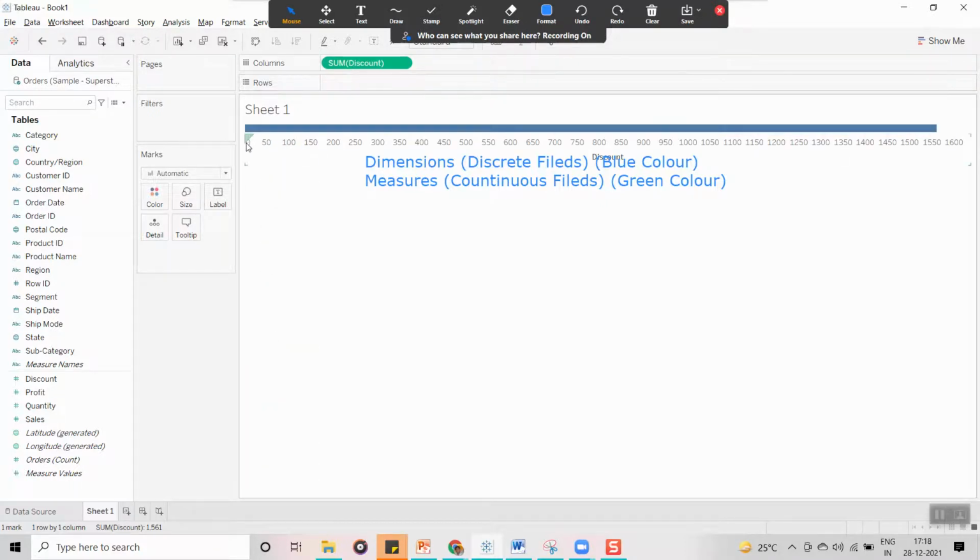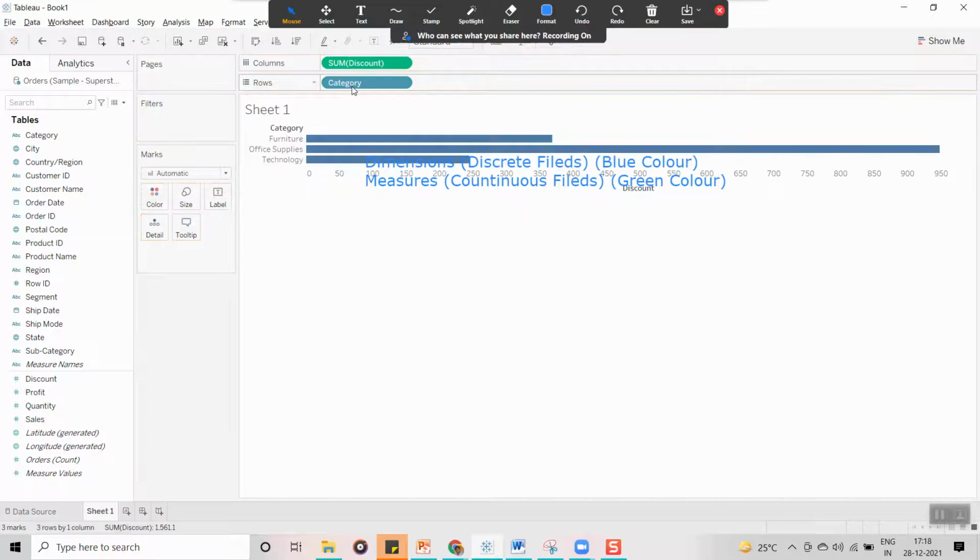Now you can see when I keep it in columns, it is 0 to 1600. Now why am I calling the blue fields discrete fields? Whenever I drag the blue fields, it is going to generate a header, and these are all individual now. Whenever you use any category, the measure called discount is going to be divided based on the category used in your visualization.